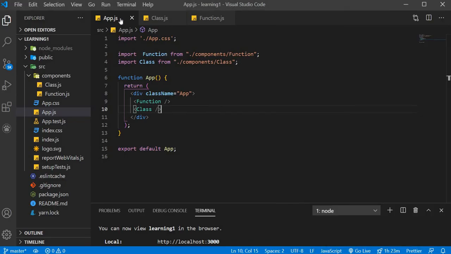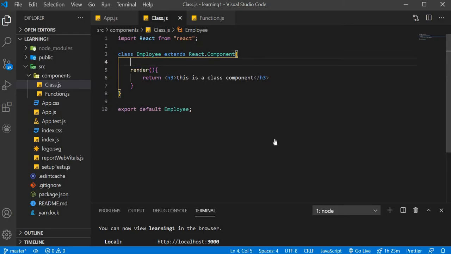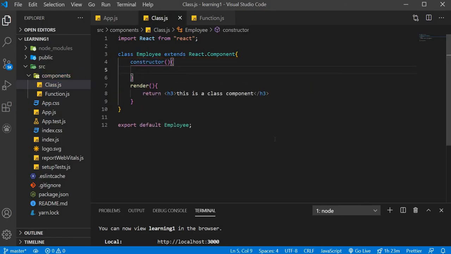And if we talk about the state in the class component, we have one constructor function in the component. This function will initiate whenever the component gets initiated. Inside class component you can say constructor, and inside this you can call super. This will inherit all the parent properties.